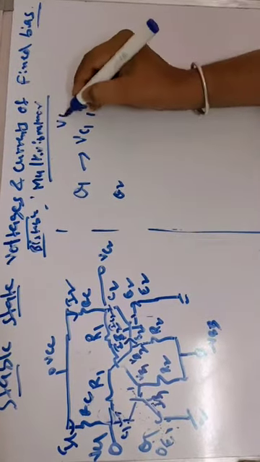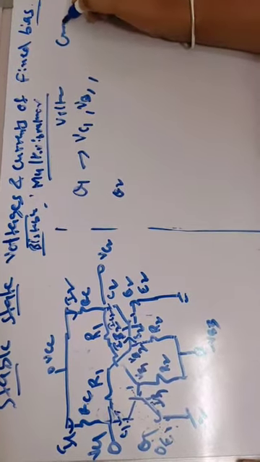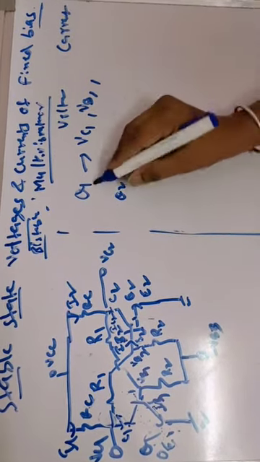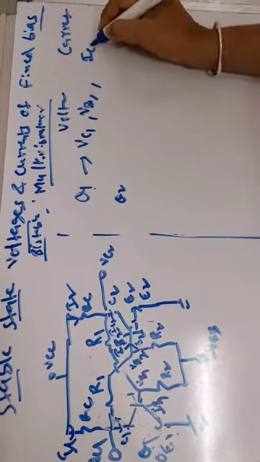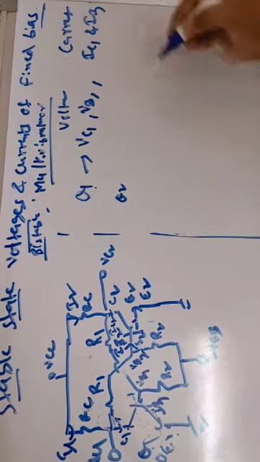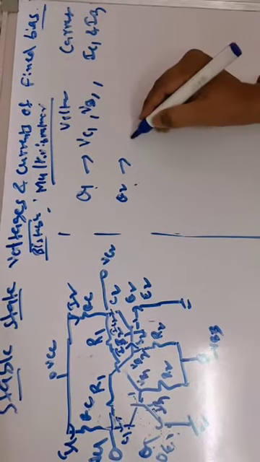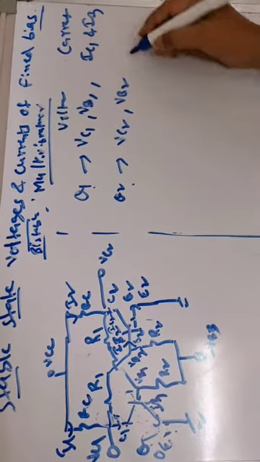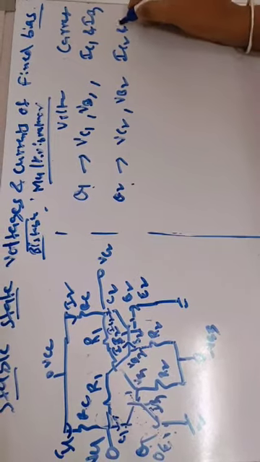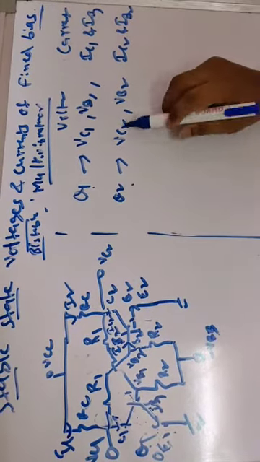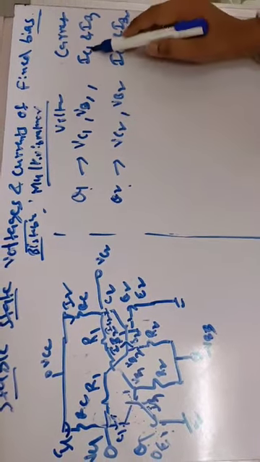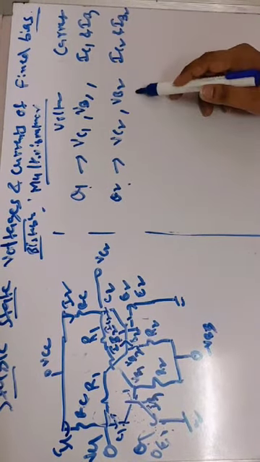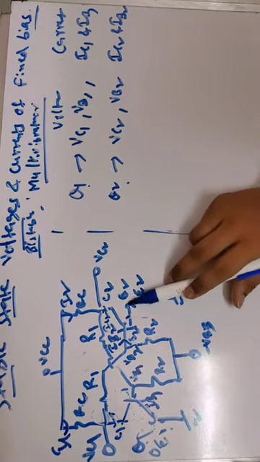And the currents of the bistable multivibrator for transistor Q1 are IC1 and IB1, and for transistor Q2 the voltages are VC2, the collector voltage, and VB2, the base voltage, and the currents are IC2 and IB2. So we have to find the collector voltage, base voltage, collector current and base current of transistor Q1, and the collector voltage, base voltage, collector current and base current of transistor Q2.